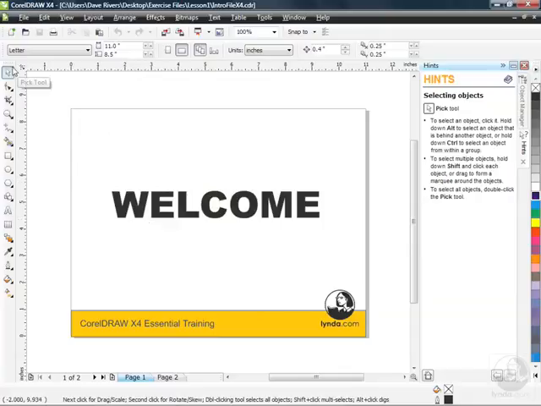Down the left-hand side is a toolbox. These are tools that you're going to be using to create things here in CorelDRAW. This is all part of the design process. There's lots of tools, and you'll notice that some of these tools have little black triangles, and they do have